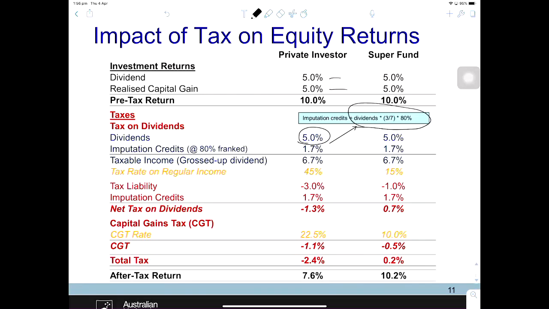The idea of imputation credits is like this. For most of the listed Australian companies, they generate most of their profits within the Australian border, and they have paid Australian corporate tax, which is 30%. So ATO believes that the distribution of dividends is after-tax profit generated by the company, and you have paid corporate tax. When you receive the distribution in the form of dividends, I'm not going to tax you again. So this is the way that they include